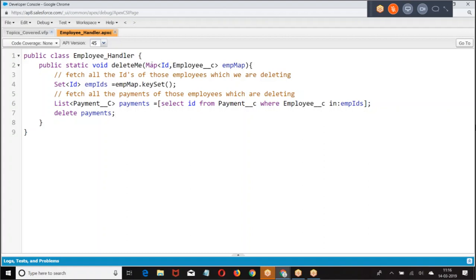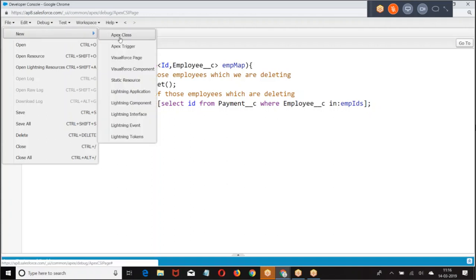Are you getting my point? What is the issue here? We had a lookup relation, and I said don't allow the deletion of a parent when it has a child using lookup. Don't allow the deletion of a parent when it has a child using a lookup relation. I hope you're good. Okay, let us go back.